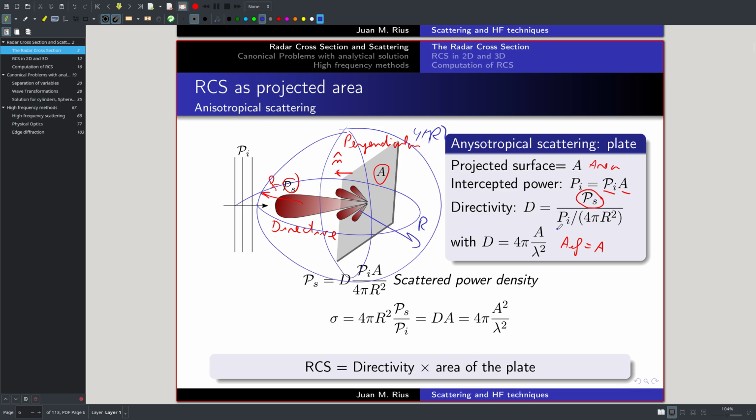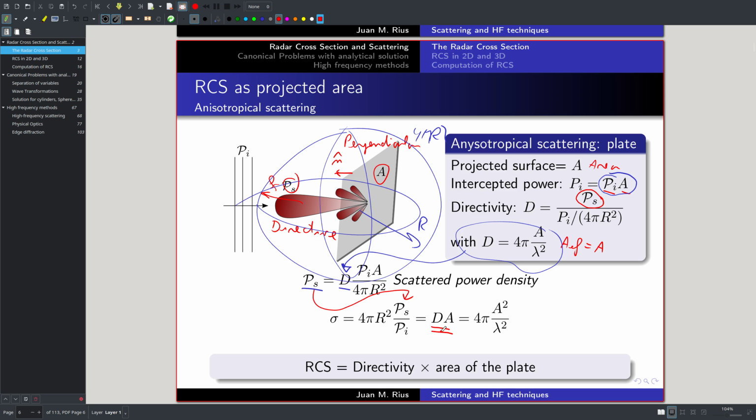of the observation sphere. And we know that the total scattered power is equal to the intercepted power if there are no losses, and the intercepted power is equal to the incident power density times the intercepting area A. So we substitute this, and we isolate the scattered power density as a function of the directivity, and then we substitute the formula to compute the directivity, and we substitute the scattered power density in the definition of the radar cross-section, and what we get at the end is that the